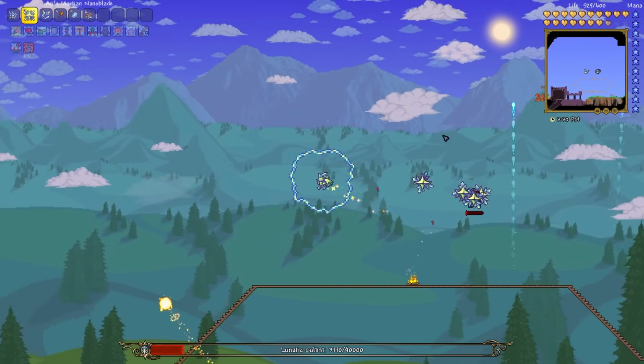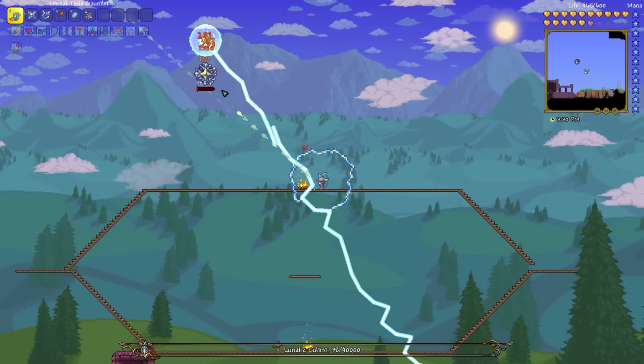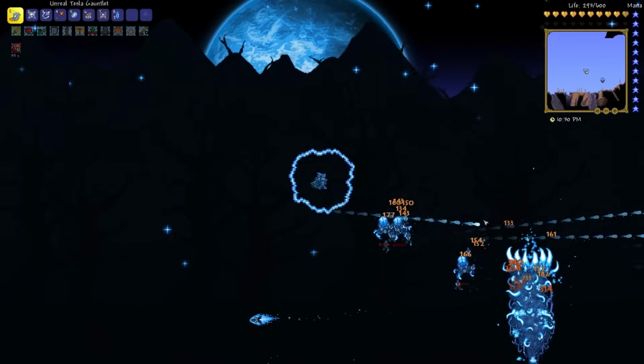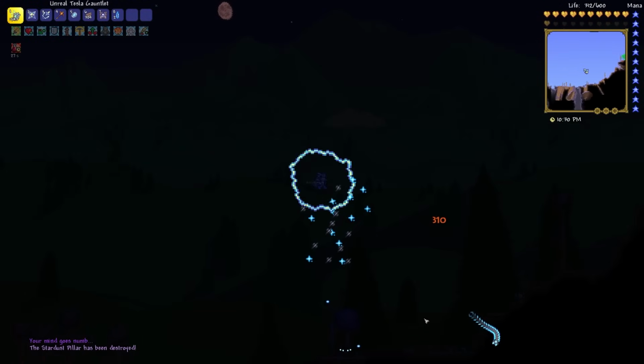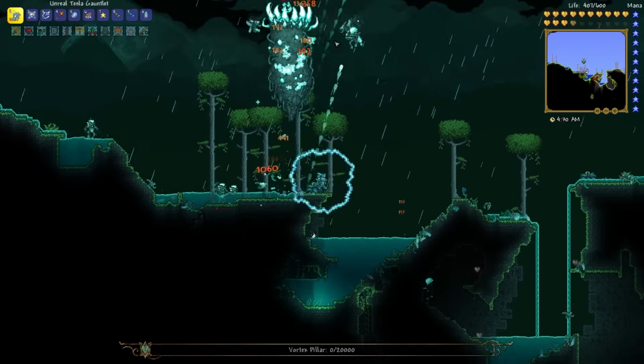The first thing I actually did with my new gear was absolutely destroy the Lunatic Cultist. I didn't even dip under half of my health during this fight. I'm just too good. I then went and took out the Stardust Pillar right away and got 15 of these Quasar fragments, sorry if I'm pronouncing that wrong, that are used to make specifically thrower gear. I didn't have enough fragments to make anything that I actually wanted, so I took out the Vortex Pillar and